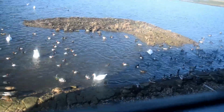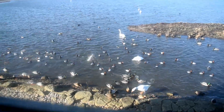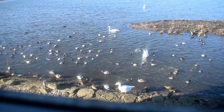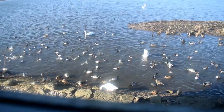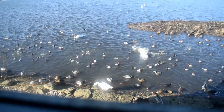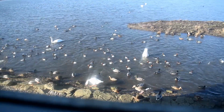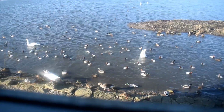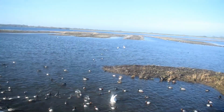This winter it looks like they might have had a good breeding season, but unfortunately in recent years that hasn't been the case. So our Bewick swans really need us to be protecting the wetlands that they use along their way, free from disturbance, free from pollution, and to really think about the things that we are putting in their way that is meaning that there's unnecessary deaths of swans across the whole of their flyway. And the things that we can do to remove these threats also have benefits for the other species that use